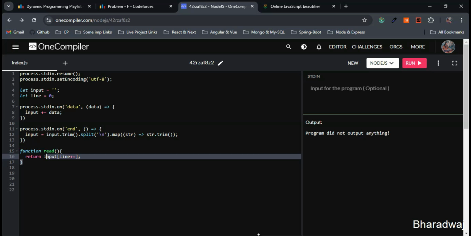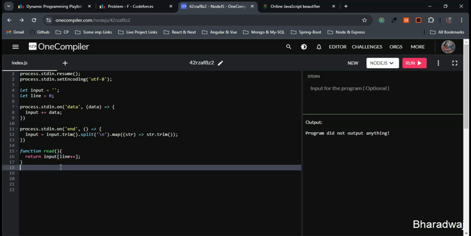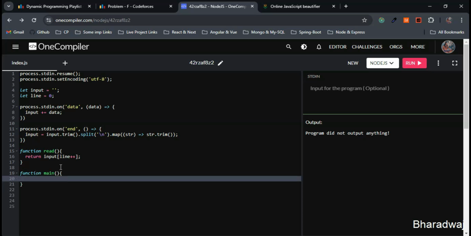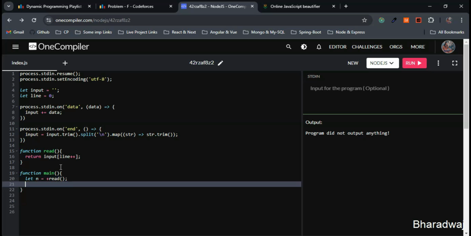So next, what we'll do, now we will write the main logic. Nothing but this one, function. Let me give main. So first what we will do, just give me a second. First, I just initialize n plus read function, this one. So first what we are doing here, the first line contains the number of elements n